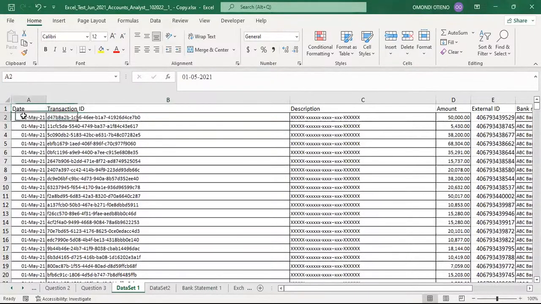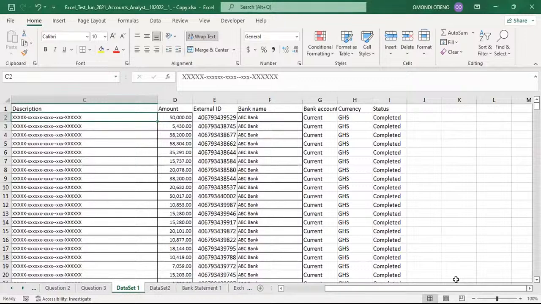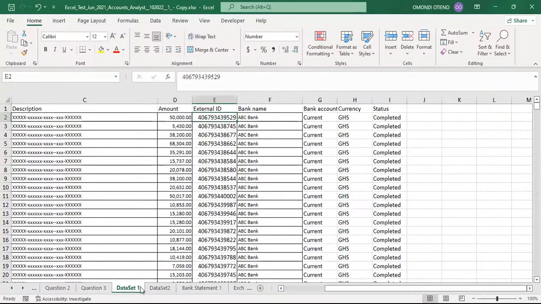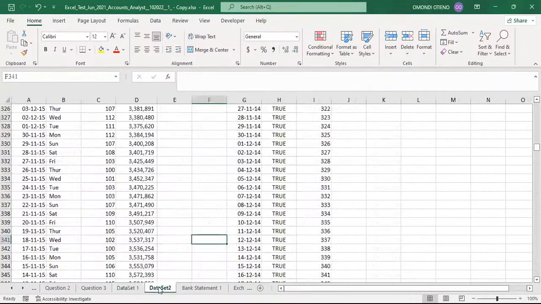If she looks at the date, we are able to see 1st of May 2021 repeated more than once. If you look at the transaction ID, it is unique. If you look at the description here, they are uniform all through. So that one cannot be our identity key. Amount here is different, but some are also the same. If you look at external ID, it can be a good thing or it can be used as an identity key. But the problem is if we now move to the next worksheet, we don't have that option of external ID. We only have